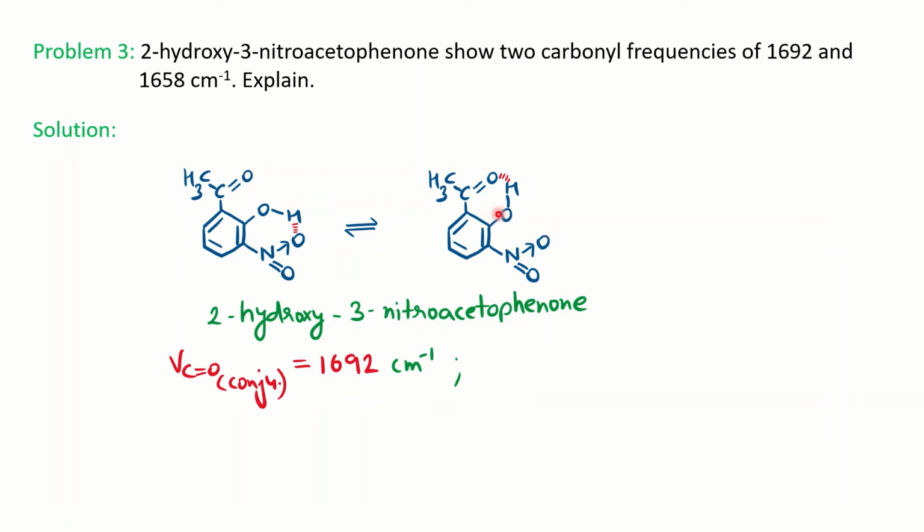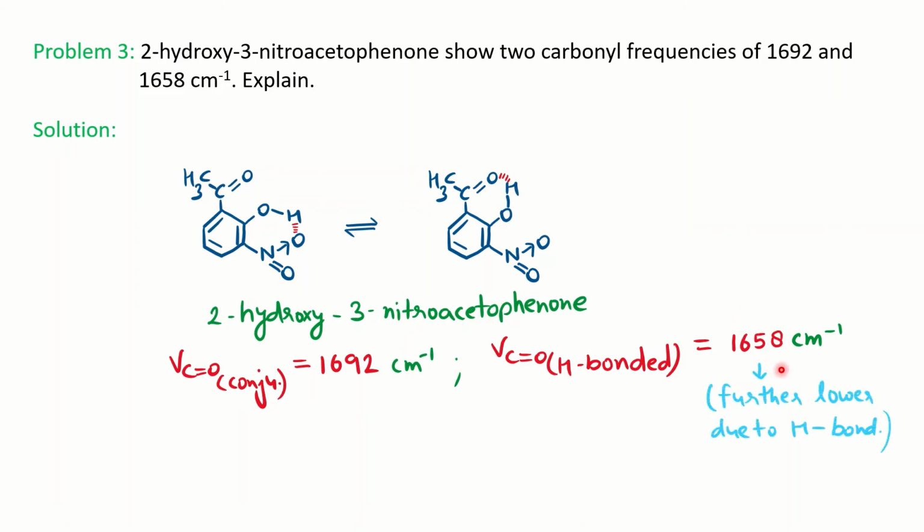While in the second structure, you can see it is further lowered because of the hydrogen bonding with the carbonyl group, right? So two factors are involved in lowering the carbonyl frequency. One is the conjugation. Along with that, you have hydrogen bonding as well. Therefore, it is further lowered here, 1658 per centimeter for the carbonyl, due to the presence of the hydrogen bonding. So in that way, we can justify the correct conformation and configuration of the molecule. Like it can exist either in the first form or in the second form. Both carbonyl frequencies will be there.